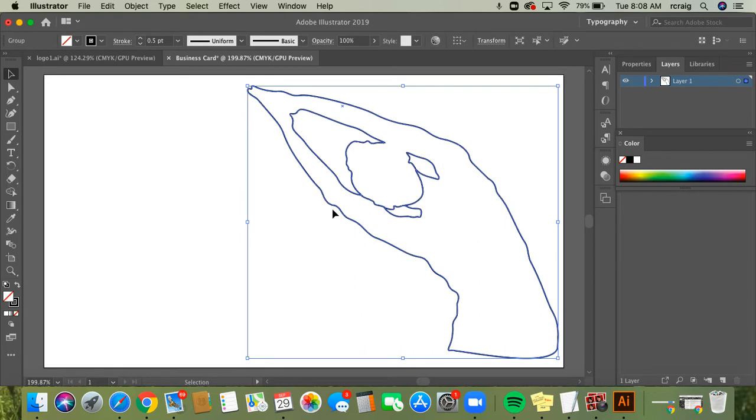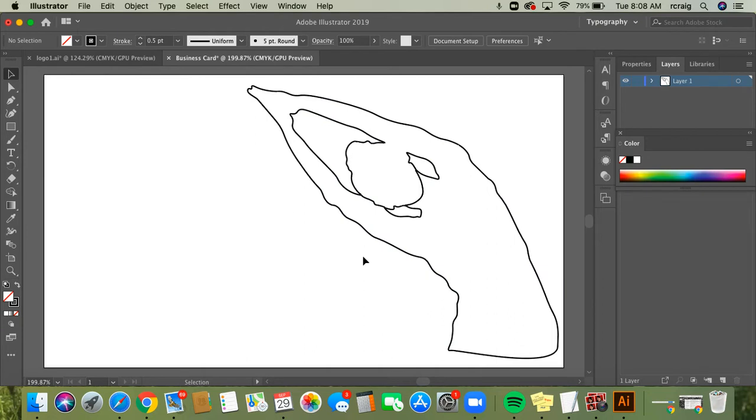Since she is leaning towards the left, I'm going to put her very far over to the right so that my text can balance out the logo. So we're just going to do some balancing there. Now that I have my logo copied and pasted on, I can start creating a new layer. If we go into layers here, we need to start working with layers so that we separate out the objects